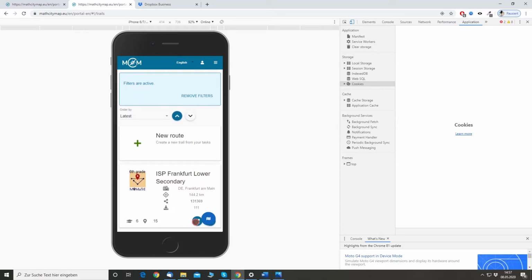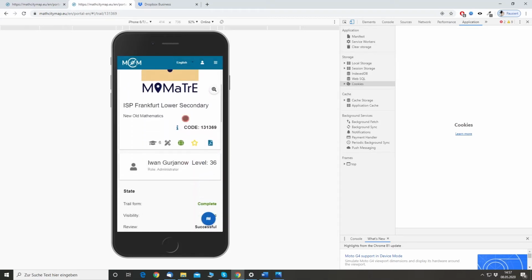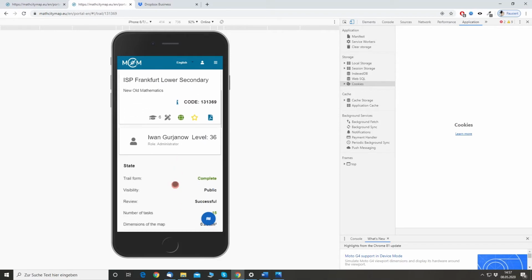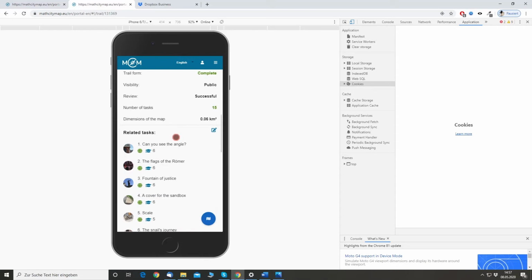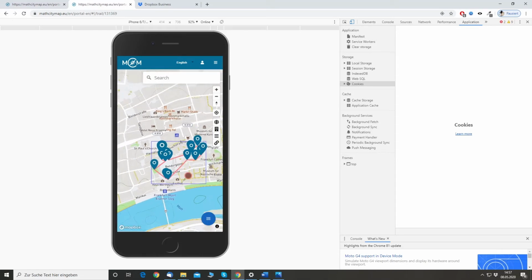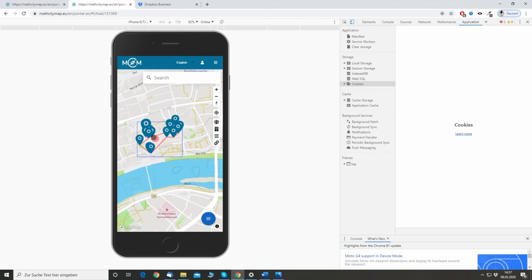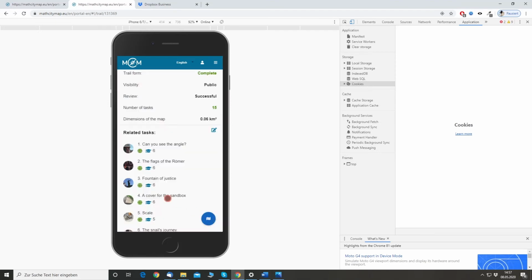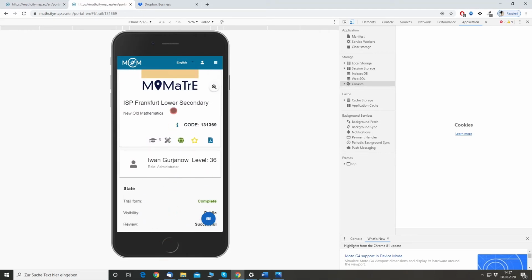So I'll open the ISP trail and it will give me all the information like the image and all the things I would like to know, but of course I cannot see it directly on the map. So again I'm going to the map and now I can see, okay, it is located here in the city center of Frankfurt.